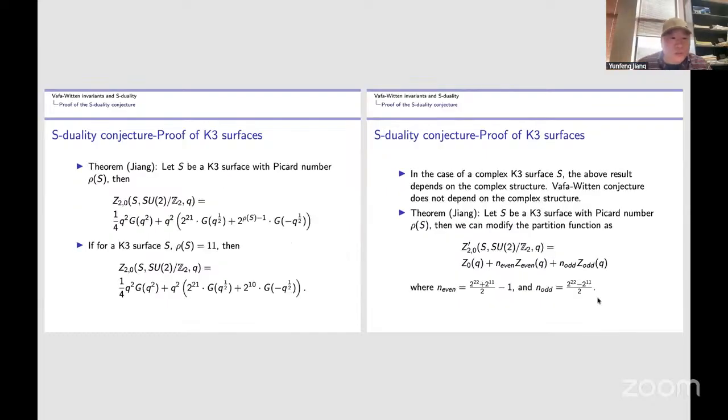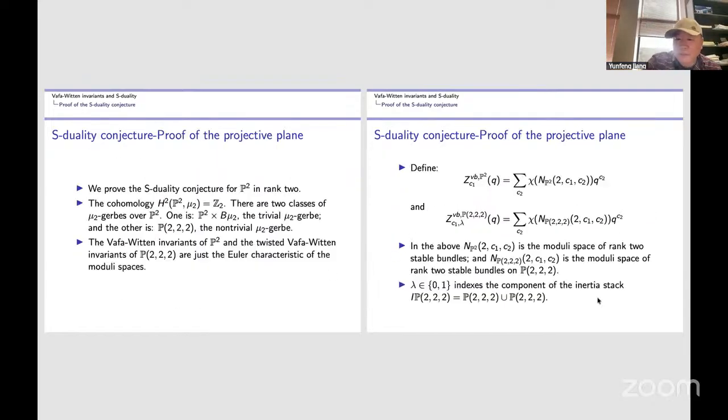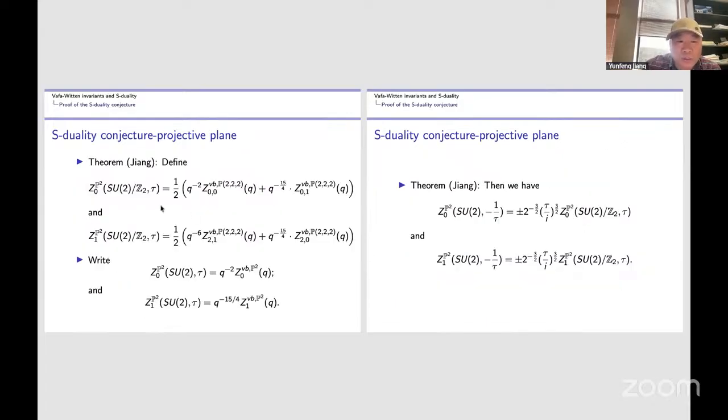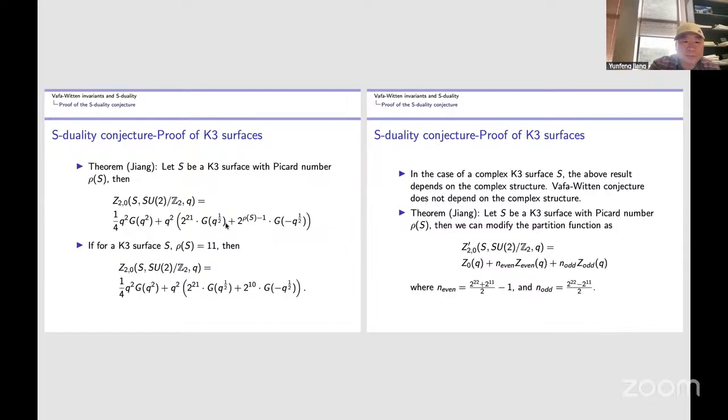And you will see that in the S equal to K3 case, I first use my former formula. If I use my former formula here, then I can calculate the SU(r) mod D_R or SU(2) mod D_2 like this. The formula is this. It means you sum over all the mu_2 Gerbes, the Vafa-Witten formula. And the interesting thing here, which I didn't write here, is this.